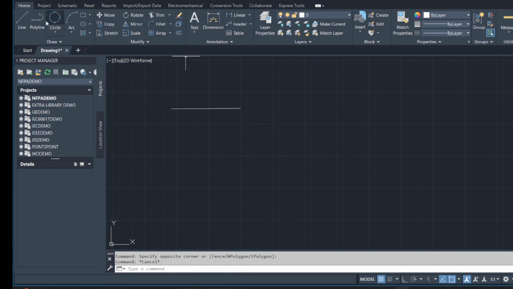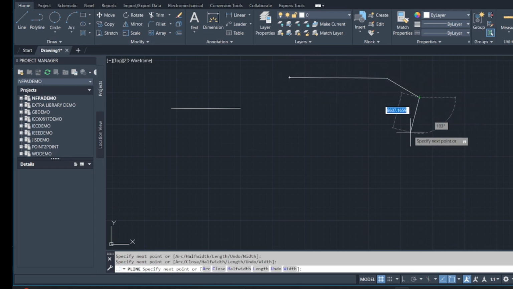And polyline. To draw the polyline, left click on the polyline, then specify the first point, then specify the next point, the next point, and the next point. To remove this line, press escape key. So okay,